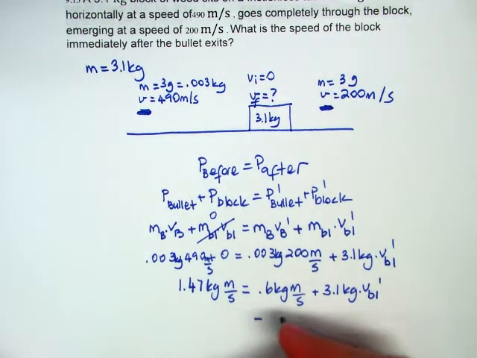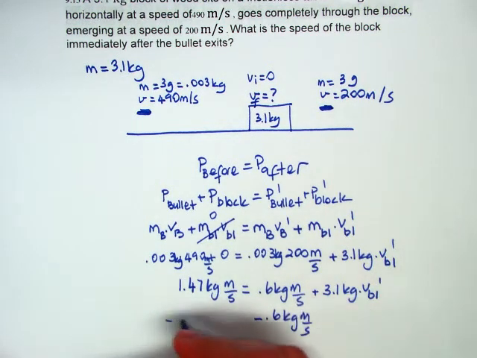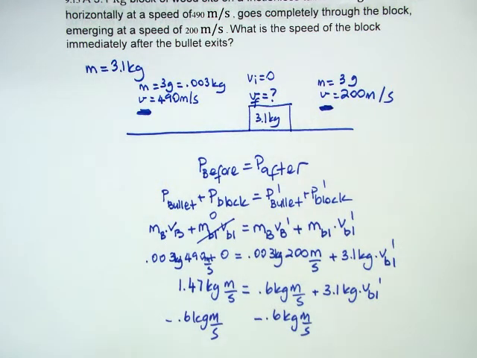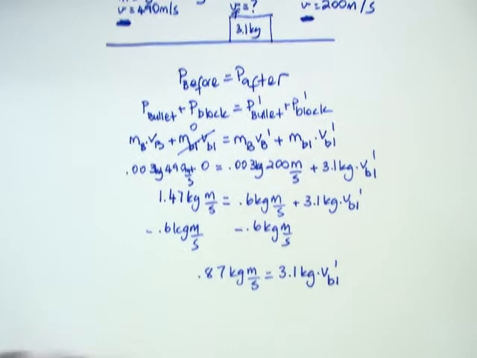I'm going to subtract 0.6 kilogram meters per second from both sides, and then this is going to be 1.47 minus 0.6, so it's going to be 0.87 kilogram meters per second, and then 3.1 kilogram times the velocity of the block after